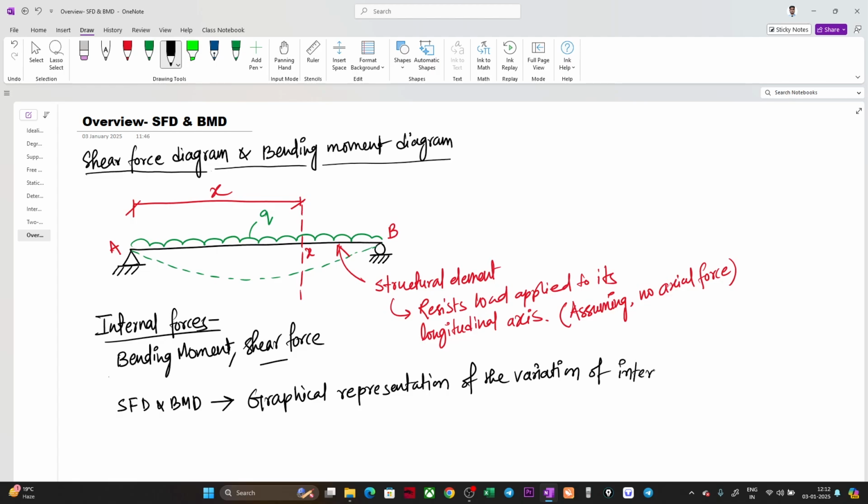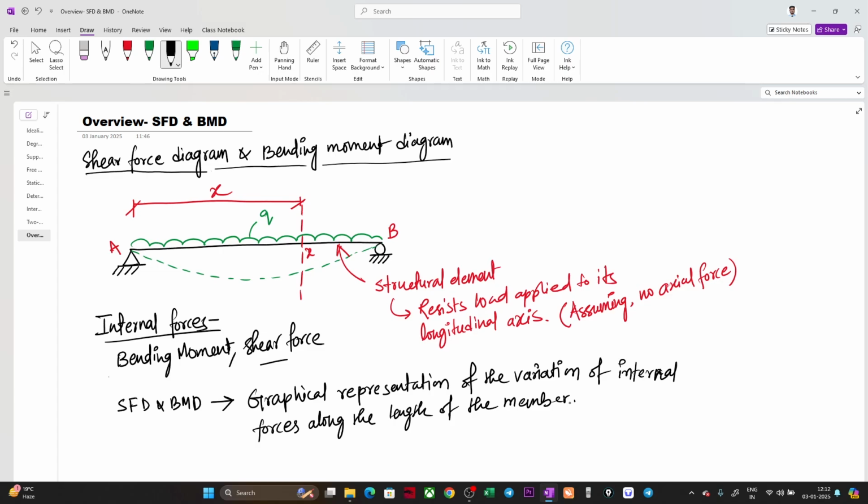So we'll be graphically representing how the internal force developed is varying throughout its